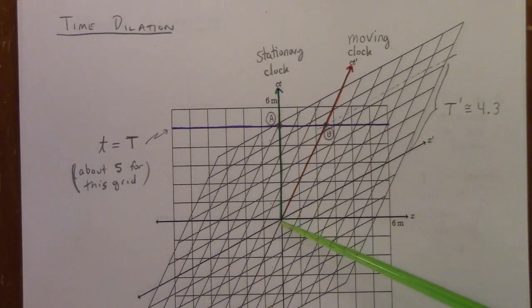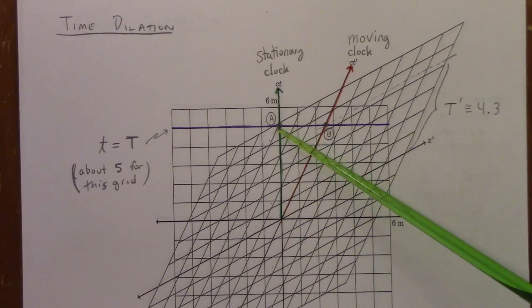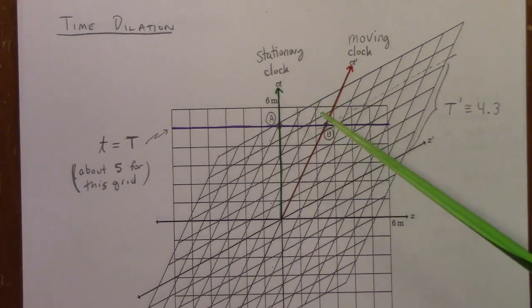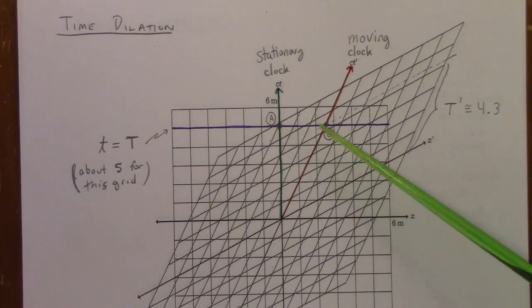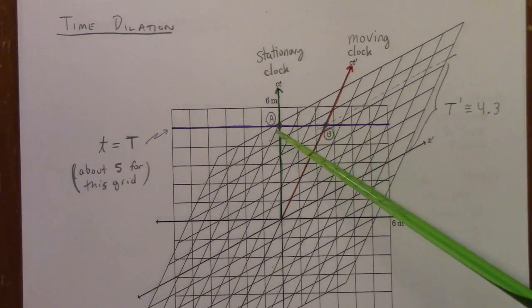And so here the idea is to look at two clocks that are originally in sync at the origin, and let them just stay put at the respective origins of their coordinate systems, which means that for the moving clock it moves with the origin of the X prime, the S prime system. And then a little bit of time later, in the stationary frame of reference, we can compare the time that's elapsed in the stationary clock with the time that's elapsed in the moving clock,